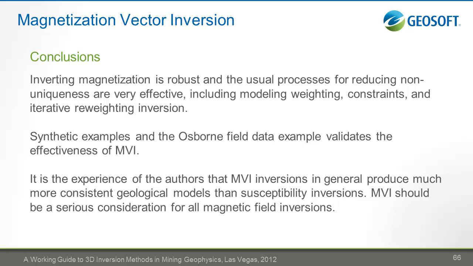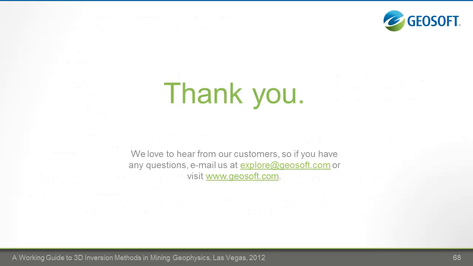I've shown you that this can be very effective on real field data from the Osborne deposit, and it has been the experience of the authors, particularly having applied this to a large number of exploration problems, that the magnetization vector inversion often produces a model which is more consistent geologically than a susceptibility inversion. So we would advocate, based on that experience, that magnetization vector inversion should be a serious consideration for